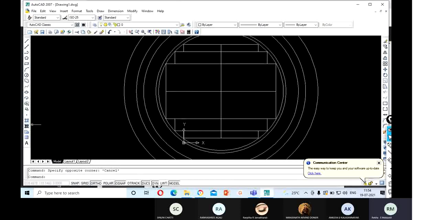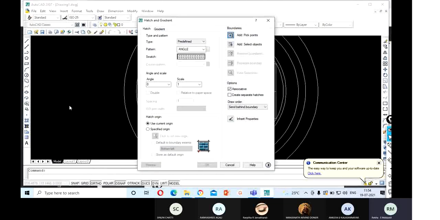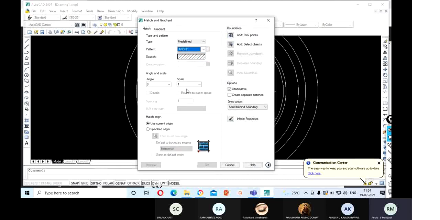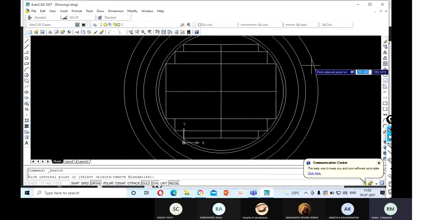So we have to select the hatching patterns. Hatch. We can select any pattern here. I'll take the first pattern and you can just change the scale, so that the pattern will be more visible. You can select 0.5 or 0.25. Add the pick points.